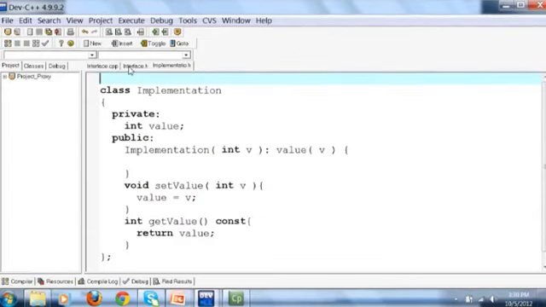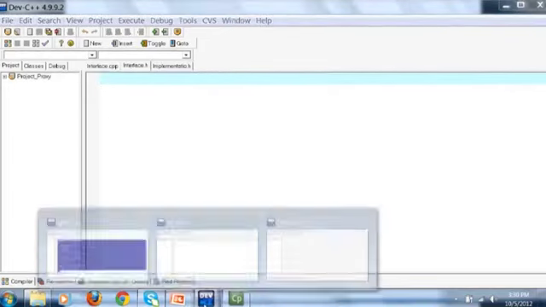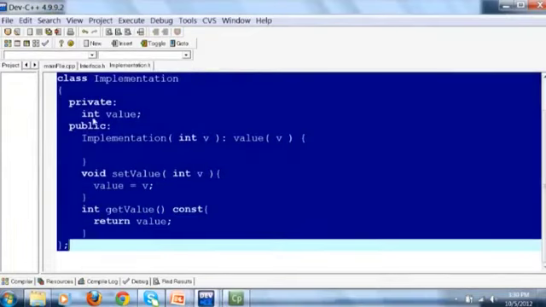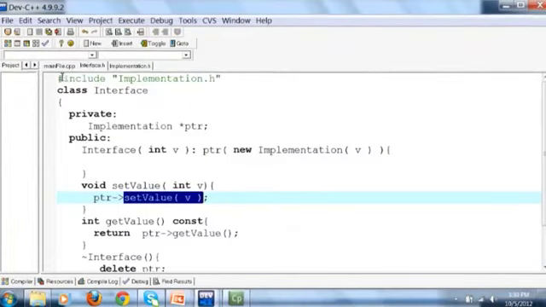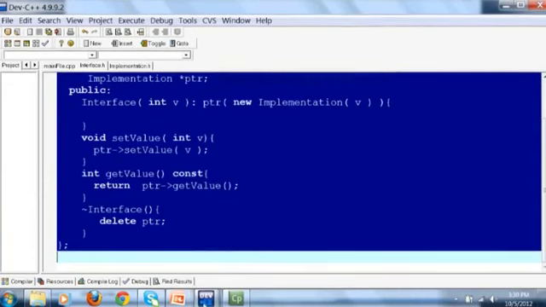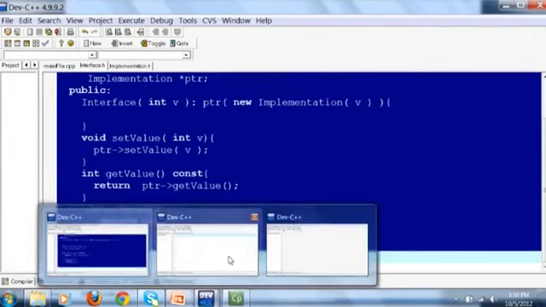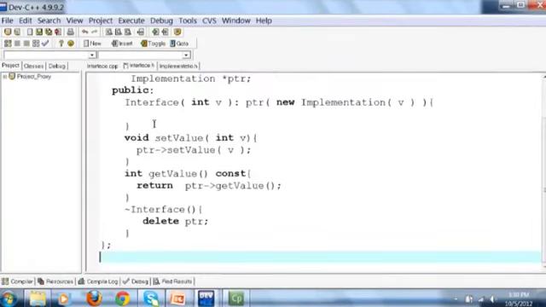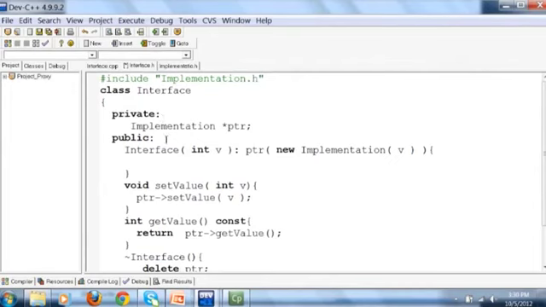Okay, and then the interface.h file. So the interface.h file. Now we have to separate the function details and the function interfaces. So this is the interface.h file that contains the function